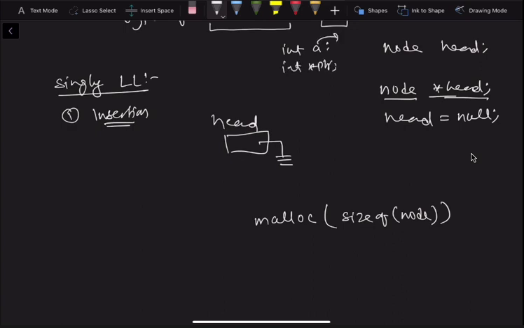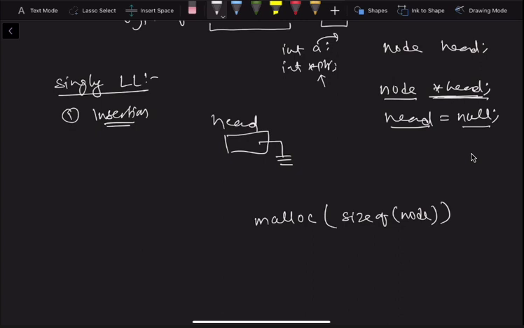So this a will hold an integer value, whereas this *ptr will hold an address. Similarly, this *head has only a single part, which is the address only. It does not have any information part. And that address part I have told to point at null.